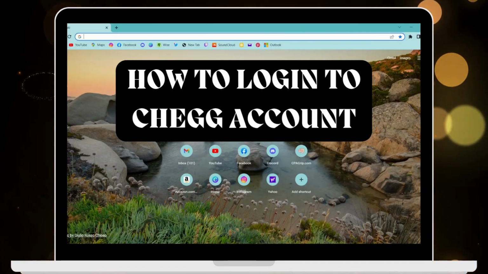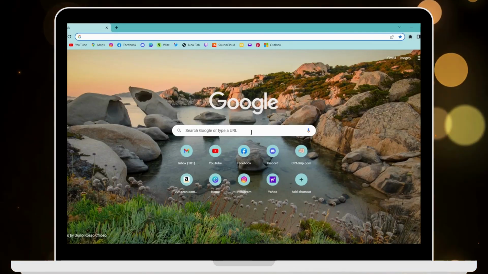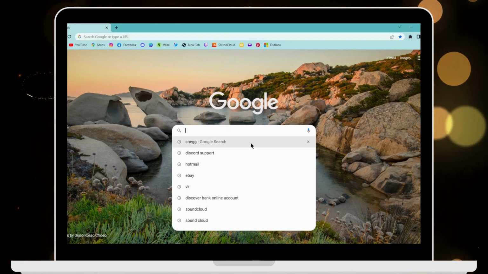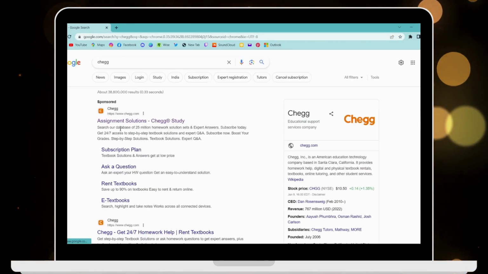How to log in to Chegg account. So to log into Chegg account, first you have to open up a browser, any browser that you're comfortable with. I'm here with Google Chrome browser, and now on the search bar, search for Chegg. And after that, on the first search, you will have www.chegg.com. Click on that,